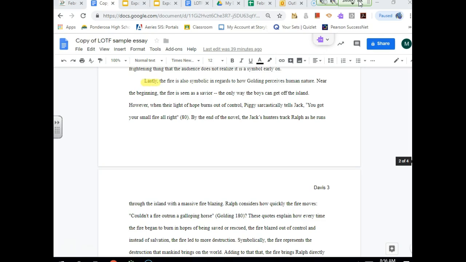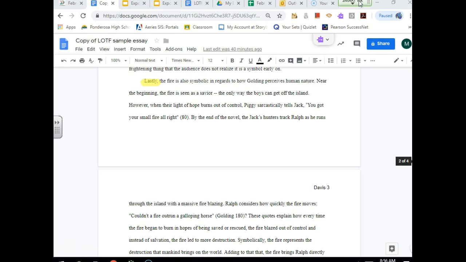All right, we need to read this body paragraph. Let's read this together. Ryan, focus. Here we go. Lastly, the fire is also symbolic in regards to how Golding perceives human nature. Near the beginning, the fire is seen as a savior, the only way the boys can get off the island. However, when their light of hope burns out of control, Piggy sarcastically tells Jack, "You got your small fire, all right." By the end of the novel,